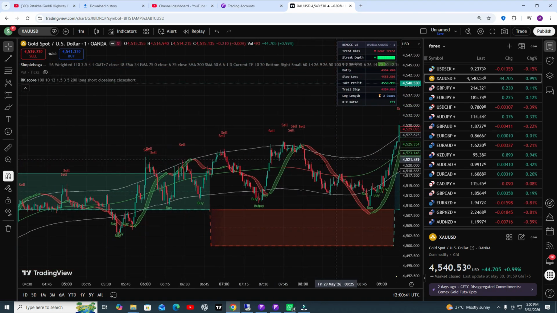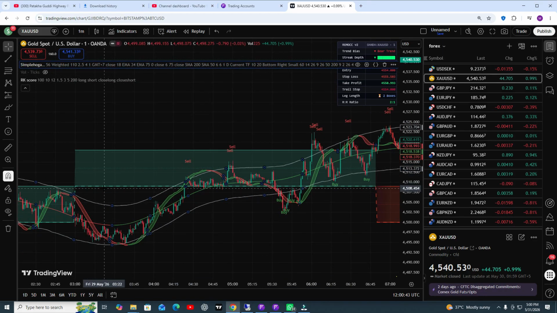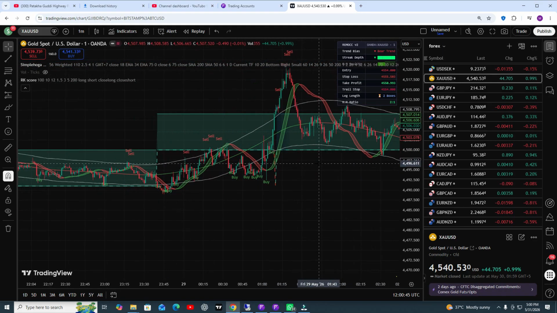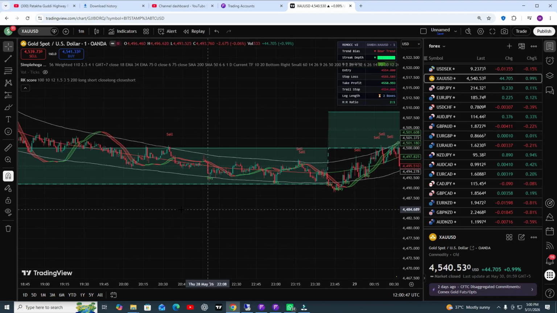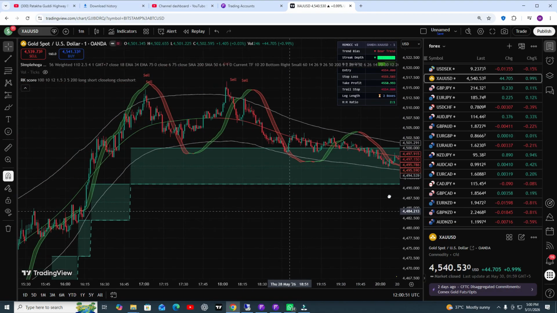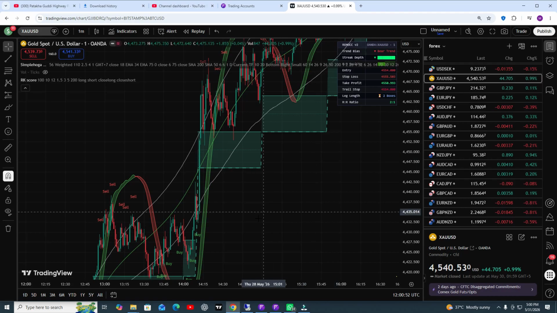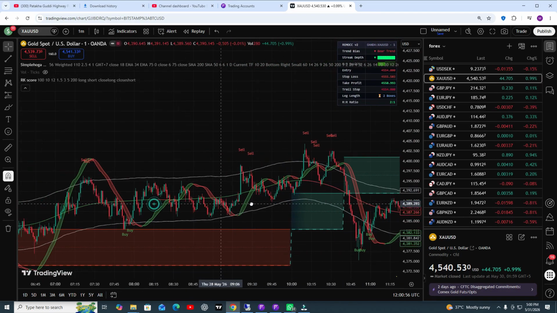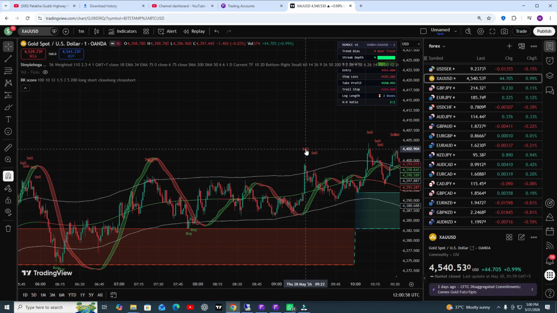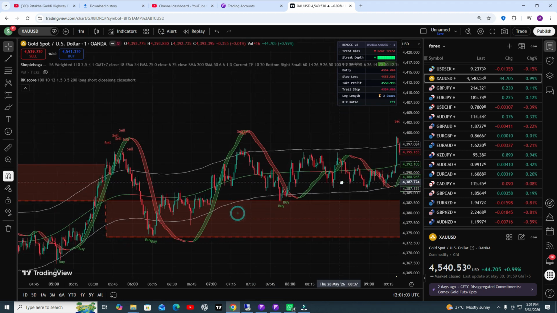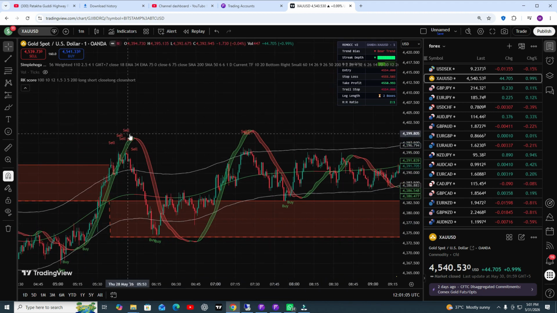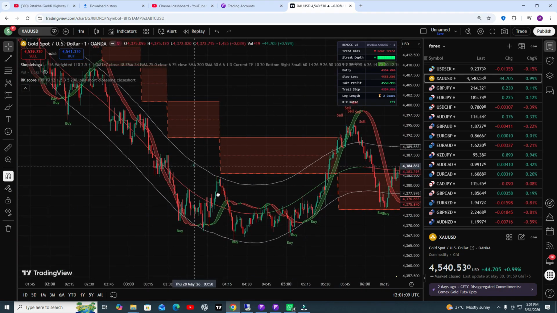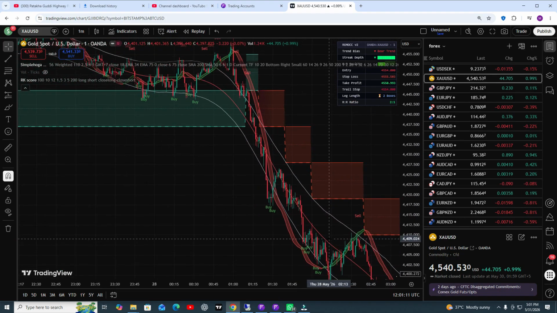But you are getting more entries in the weak signal. In the strong signal you are getting fewer entries but the perfect signal, but in the weak signal you are getting a lot of entries, some fake signals as well, but the accuracy is really good. Here you can see, really amazing. Here you can see a sell signal, and you need to close your positions at this point. And here you can see the trend is sell, so follow the sell signal, and at the end you are getting good results. So you can see an amazing signal.